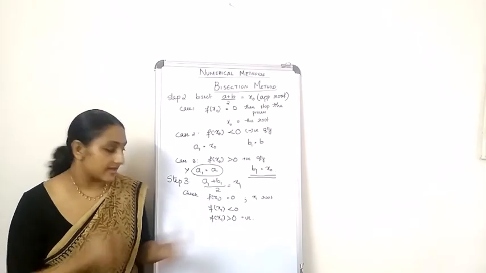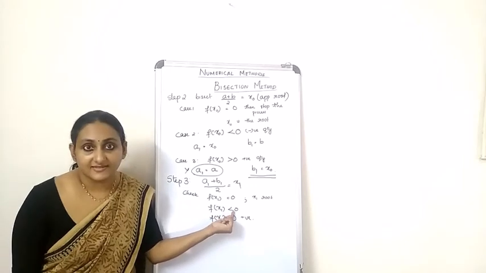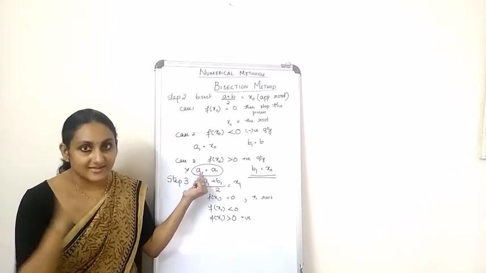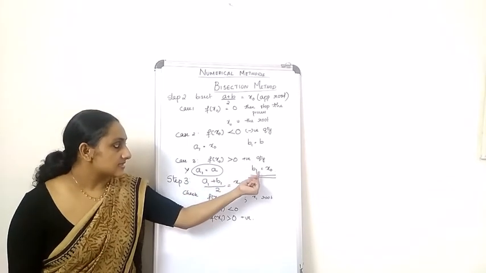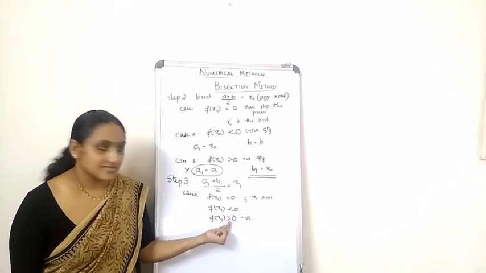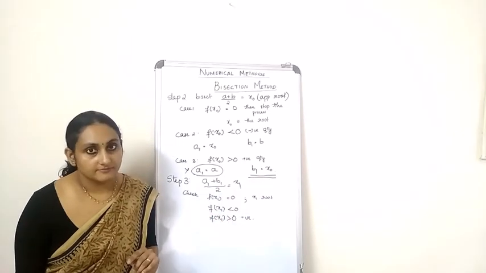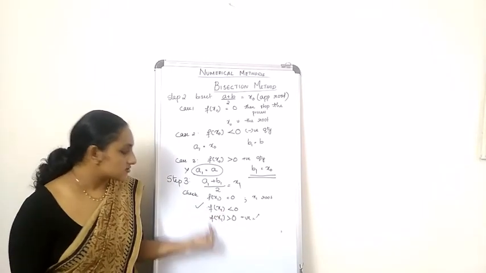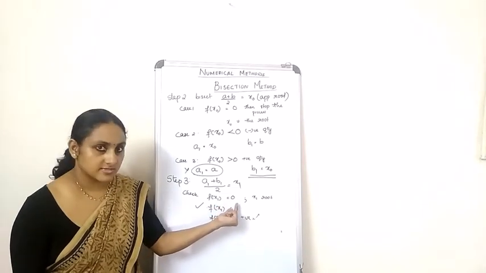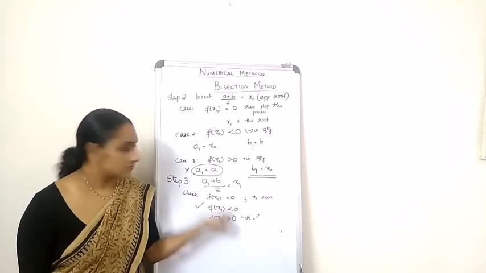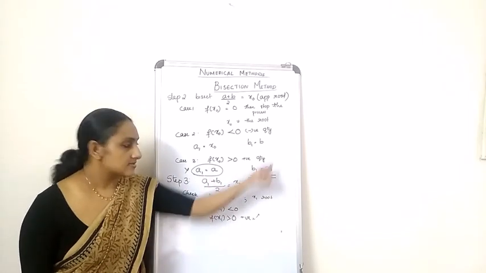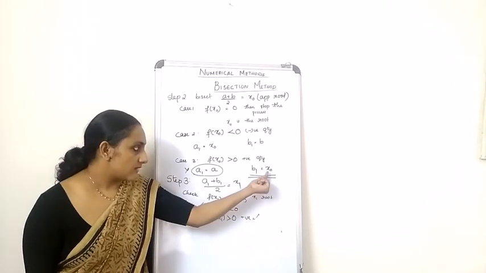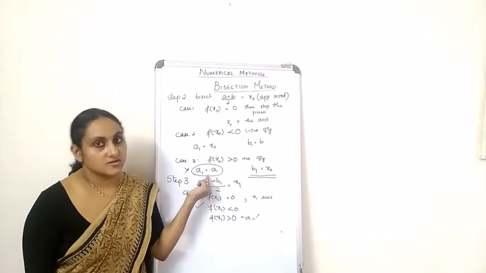But if it's not that case, you have to check if f of x1 is less than 0. Then what you have to do is change a1. If it is less than 0, change a1. And if it is greater than 0, if it is a positive quantity, change b1. Since this is not equal to 0, these two cases persist. If f of x1 is less than 0, then you have to change a, and b won't change. If f of x1 is greater than 0, a positive value, then you have to change b, but you don't have to change the a part.